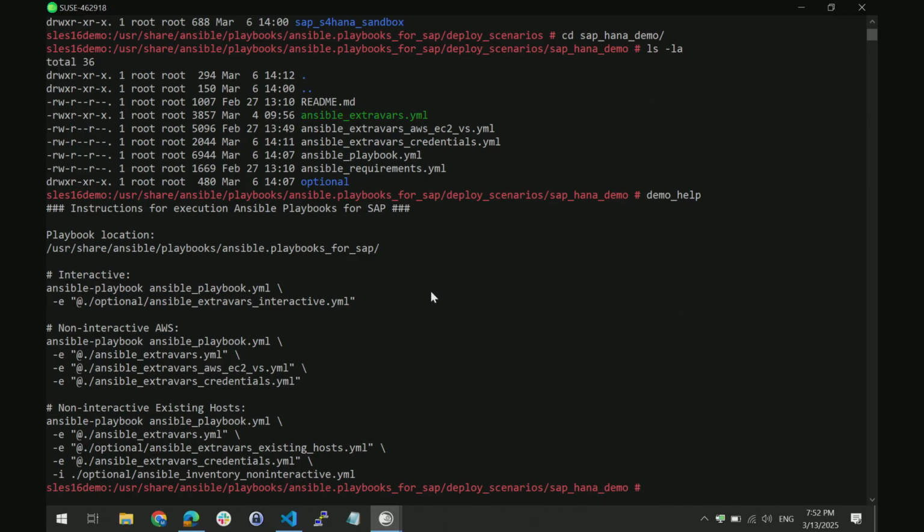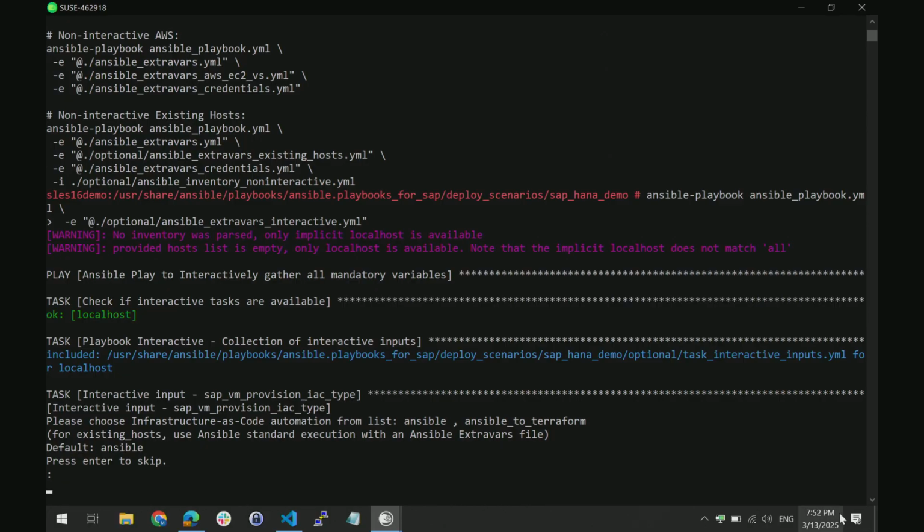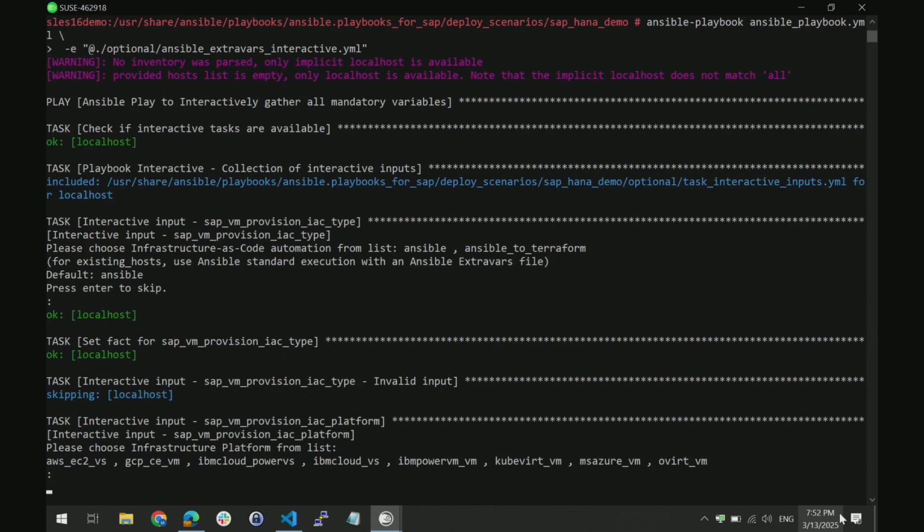Since I mentioned this is pure interactive, it means the input variable file is super lightweight, which means whatever it has is just a pure baseline. So everything else will be asked for using the new interactive mode. So in this case, this is the first question: am I using Ansible or Terraform? And then it will go through all the steps. And the same, am I provisioning somewhere or not? So all of these steps are a guided installation that can take you there.